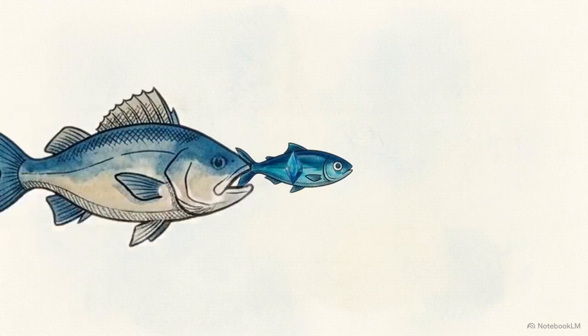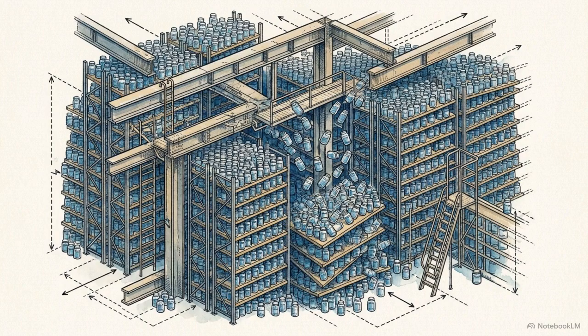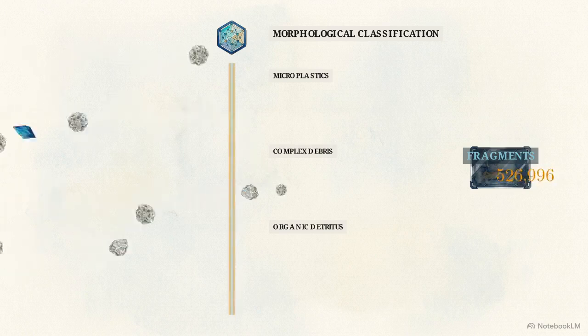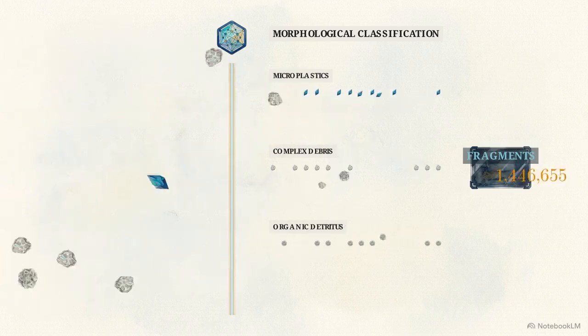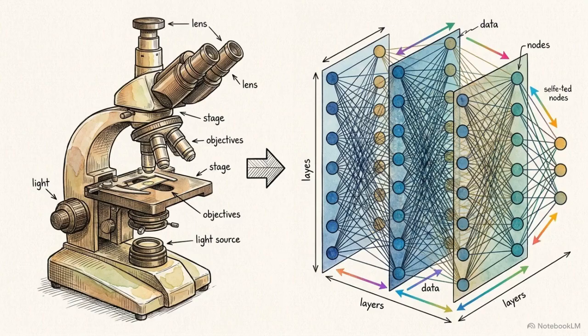A fragment's shape and surface area dictate how it is ingested by marine life and how toxins are transferred through the trophic chain. However, this creates a massive operational bottleneck. Traditional manual quantification requires expensive laboratory equipment and hours of technician time, making it impossible to scale monitoring across an entire sea basin. Effective monitoring requires an automated system capable of counting debris and structurally classifying millions of highly irregular fragments in real time. Tracking this impact at scale shifts the burden from manual biology to automated data engineering, requiring the implementation of multi-layered deep learning architectures.